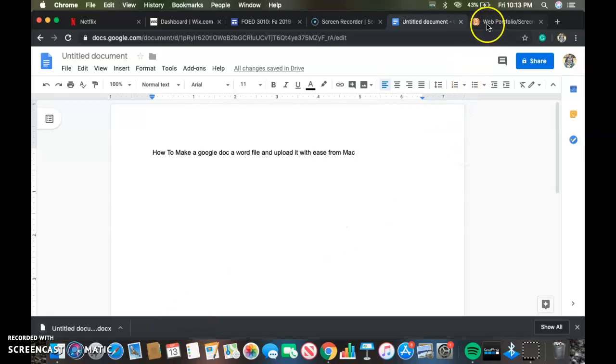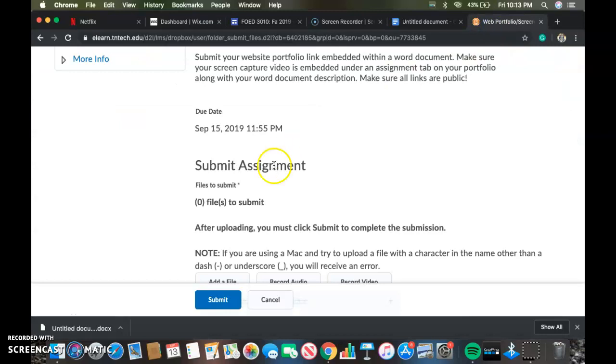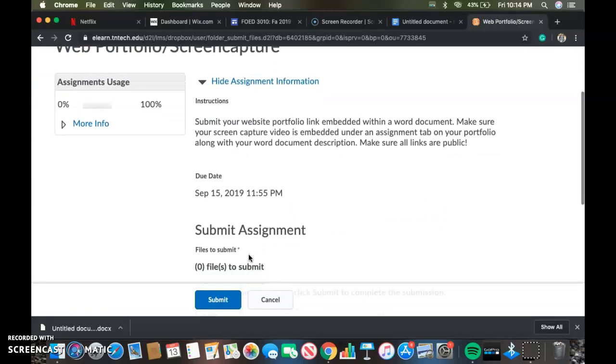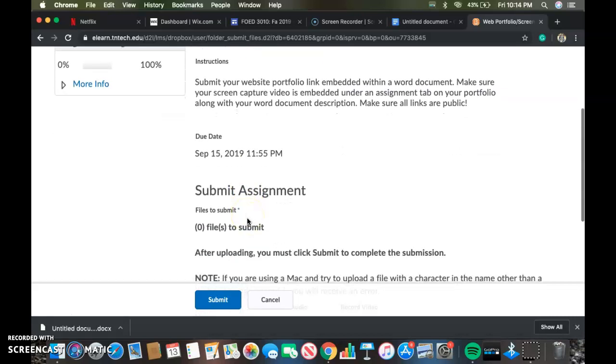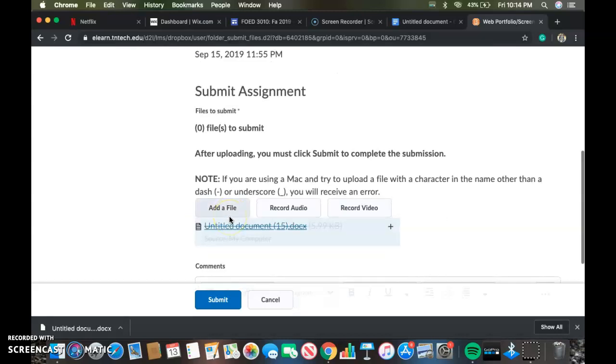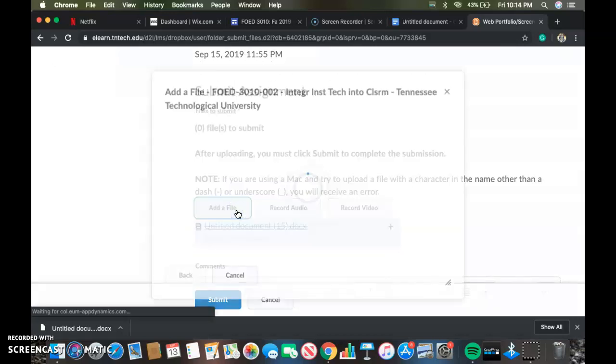And then once you have this down here, you can go over here. This is something for my school. But you could do it with emails or anything that will allow you to submit a file. So you could go here, add a file,